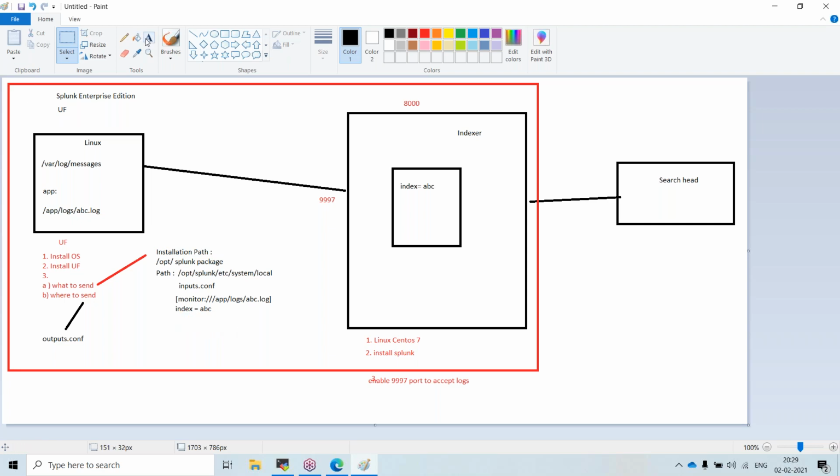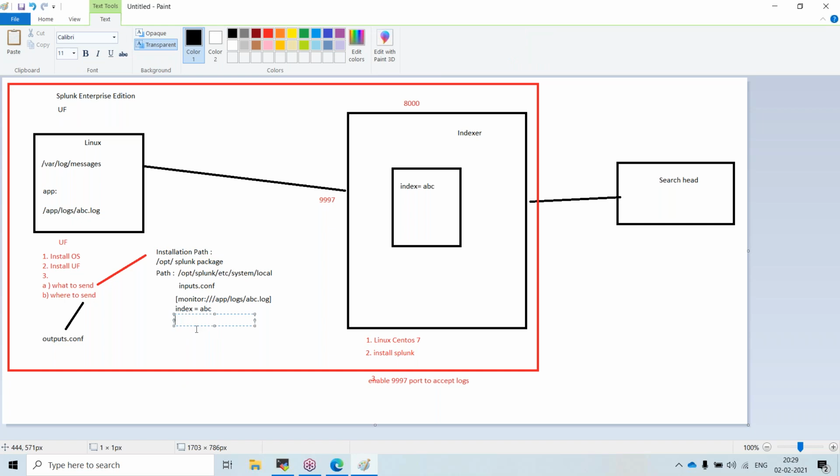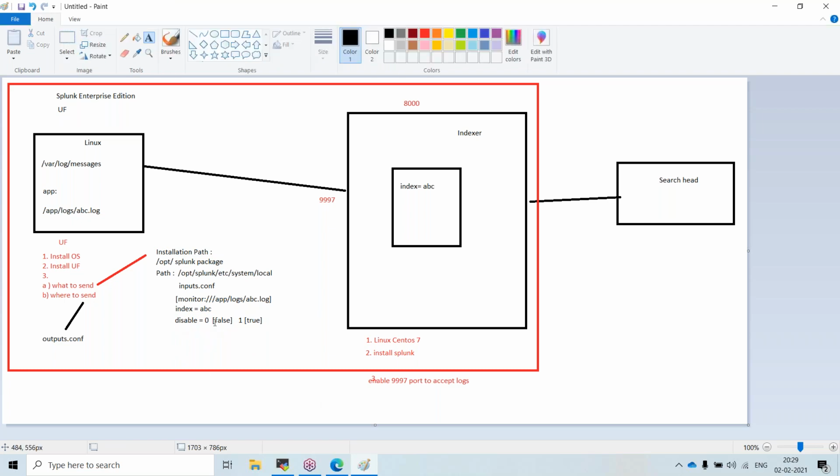So here, disabled is equal to 0 means false; internally you consider it as false. If I give 1, that is true. Now I have to send logs, so my configuration would be 0.